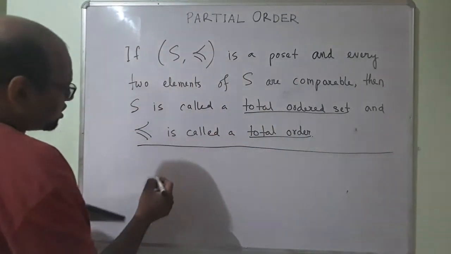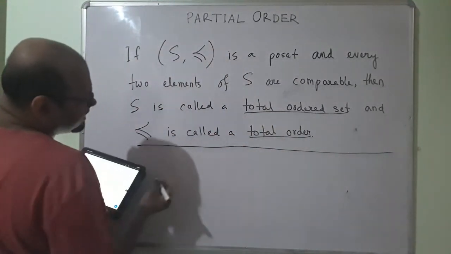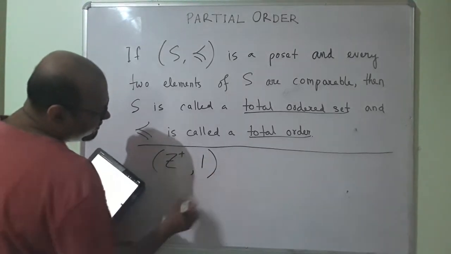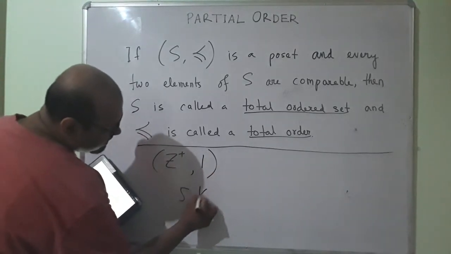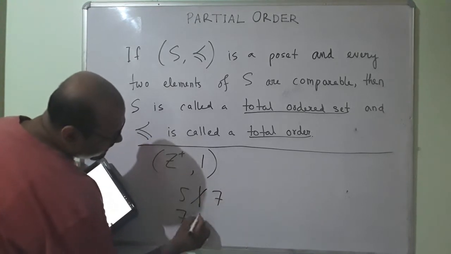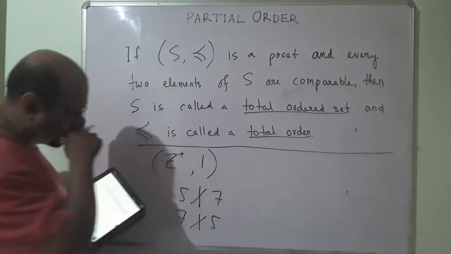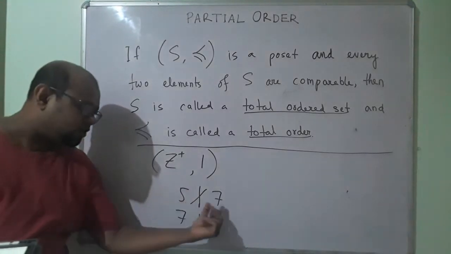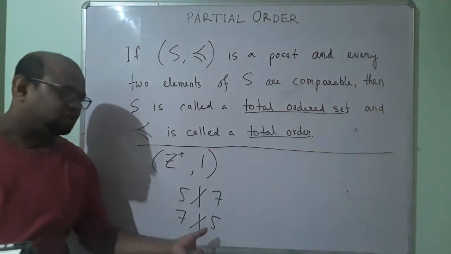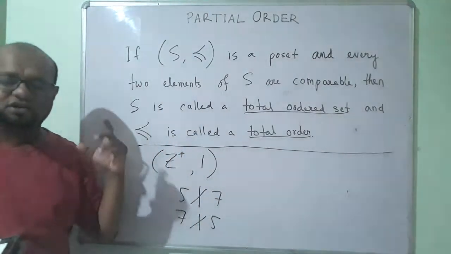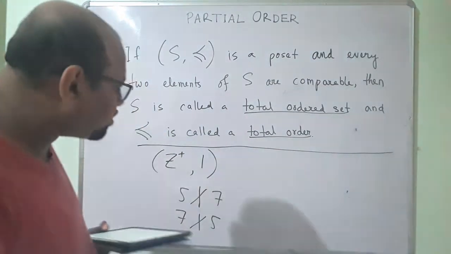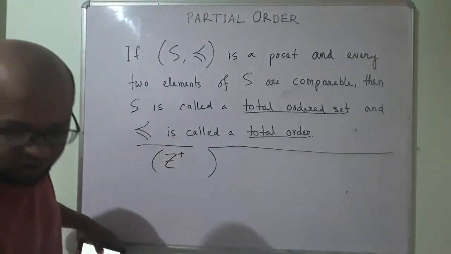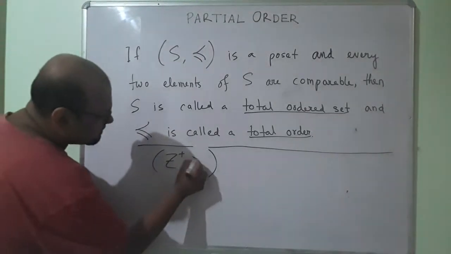So we saw that in the divides relation, for example, in my set of positive integers, 5 does not divide 7 and 7 does not divide 5, right? So I saw that there are elements in my set that are not comparable. So this is not a total order. What is a total order? In a total order, all the elements should be comparable. Okay, so let us talk about this